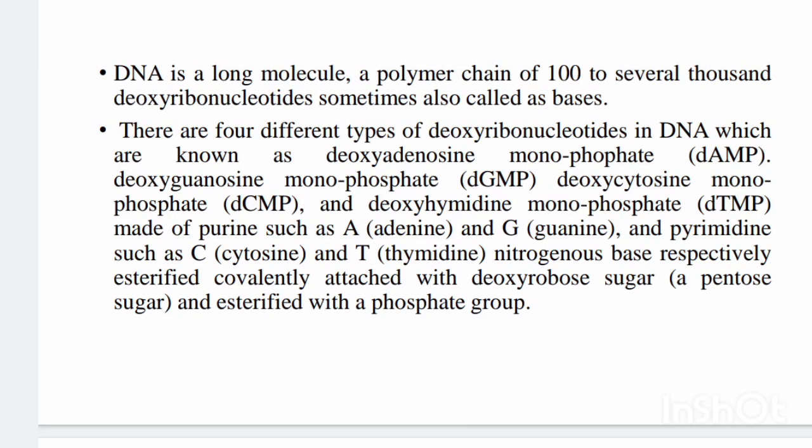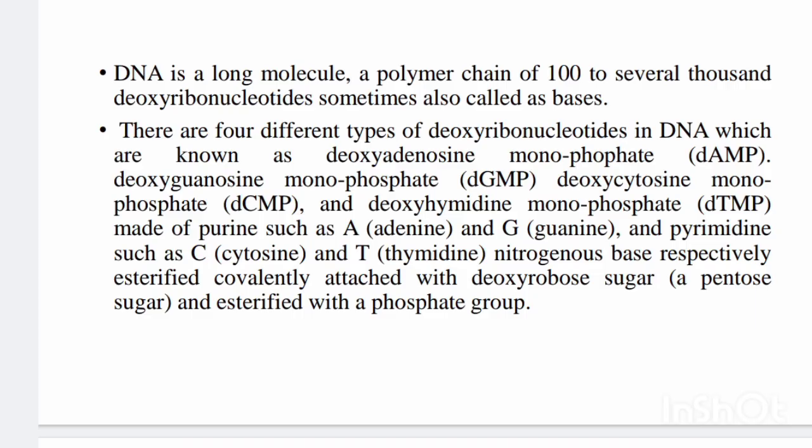In this video, we will discuss the histochemical localization of DNA and RNA by the Feulgen reaction. We all know that DNA is a long molecule, a polymer chain of 100 to 1000 deoxyribonucleotides, sometimes also called the bases. And we know that there are four types of deoxyribonucleotides in DNA, which are dAMP, that is deoxyadenosine